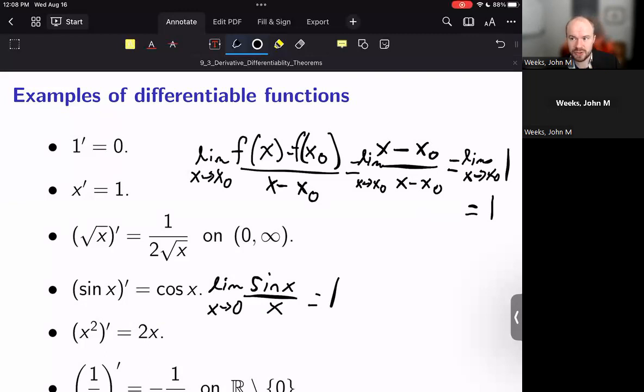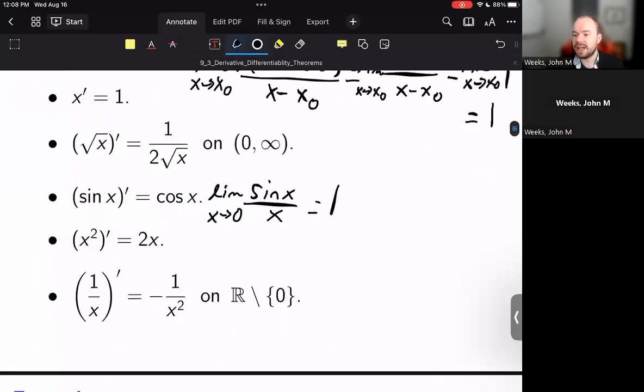It might be good to look at those sum and difference formulas for trigonometric functions as well when you're trying to employ the derivative definition here. And I'll let you try and do that on your own time. It's something I highly recommend because I think it's a good exercise to see why the derivative of sine is cosine. We can also do some expansion to show the derivative of x squared is equal to 2x,